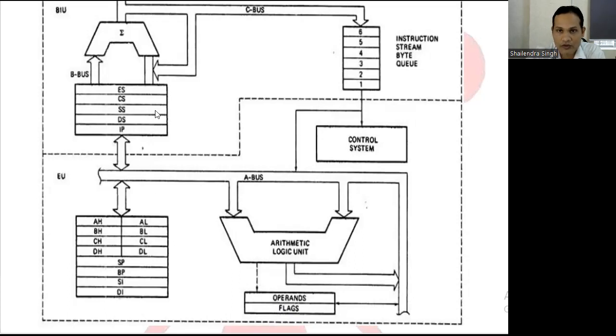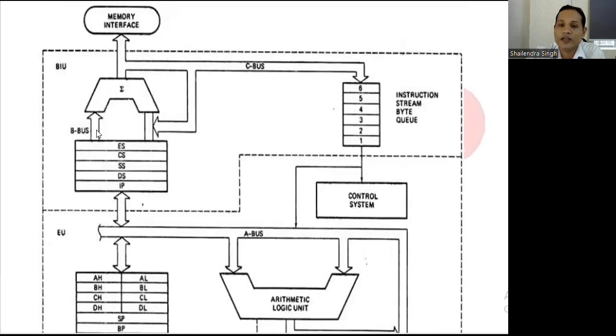Now, BIU, the bus interface unit. The bus interface unit is designed with the segment registers. ES is the extra segment register. CS is the code segment register. SS is the stack segment register. DS is the data segment register, and IP is the instruction pointer. The instruction pointer is an offset register. So the segment